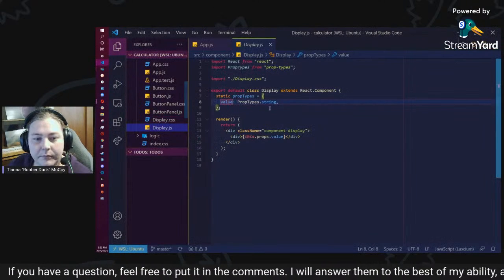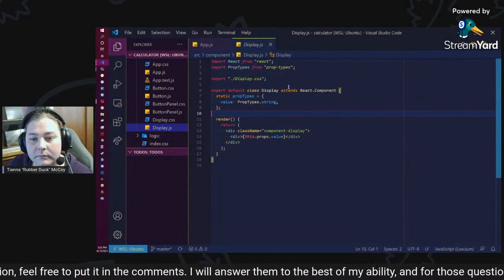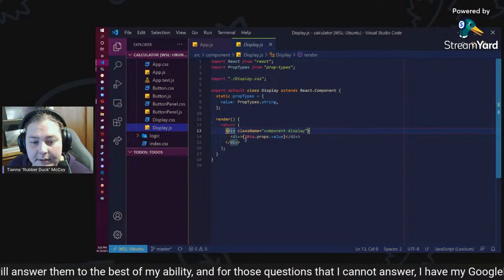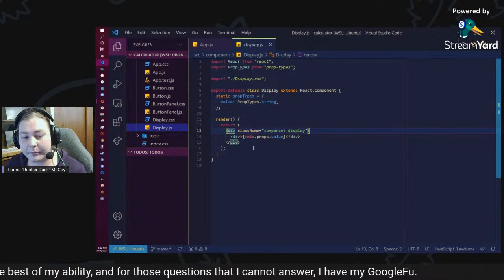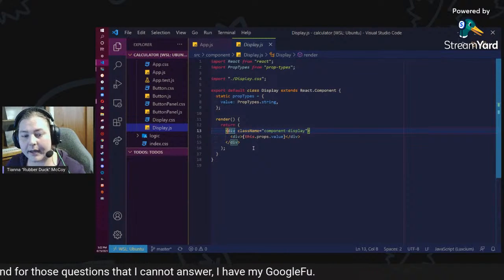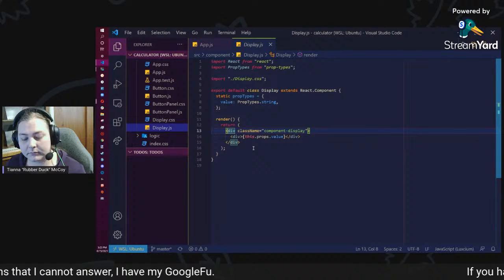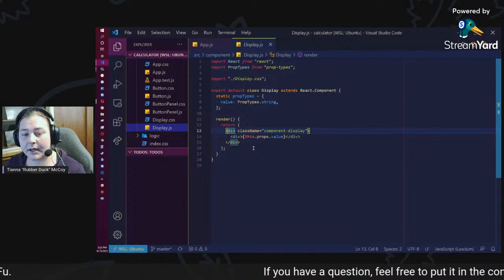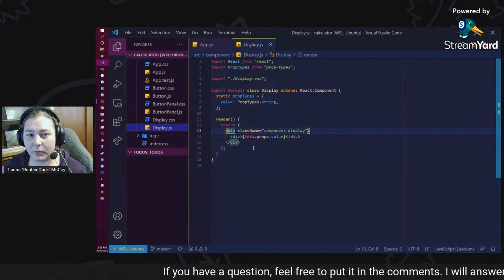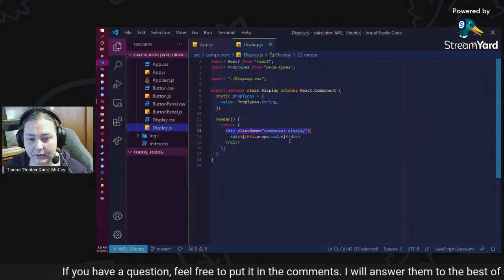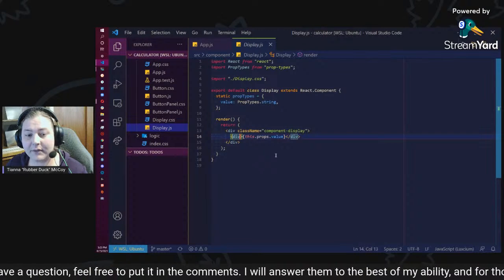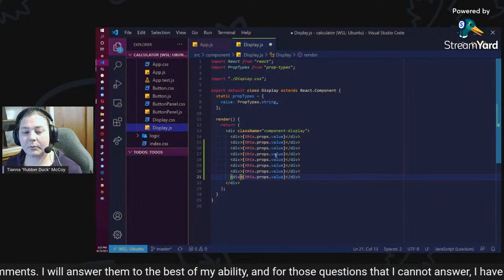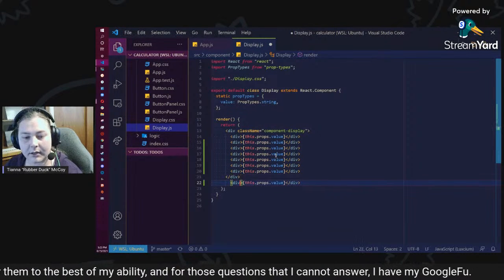Let's go back to our code. What else can we Google? We have our render and return. We have a div. Now, for those that don't know, you have to return one HTML/JSX element at a time, but inside of that one element, for example, our div here, you can have as many of these as you want. So you can have like 100 of them, and it is still valid. But if you take one of these and move it outside,